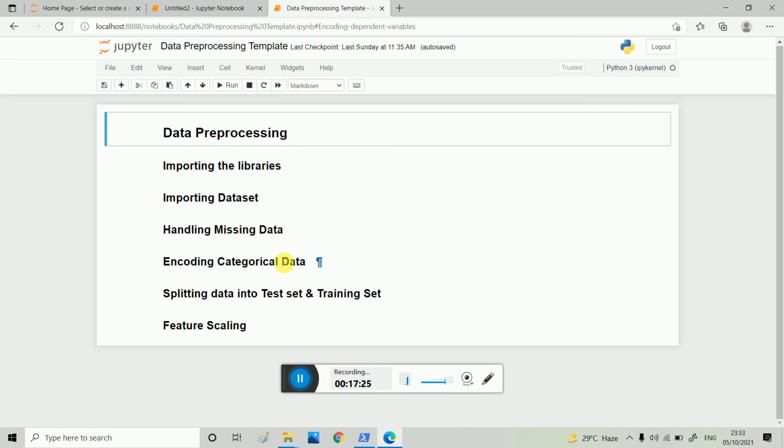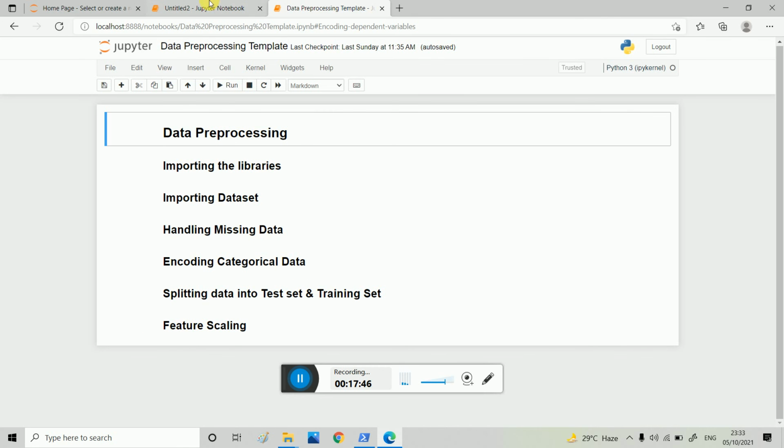I give 80% of the data for training my model, and the remaining 20% I will use to check how my model works. If I don't have a test set and I have only one data set, I have to convert it into a test set and train set in such a way.